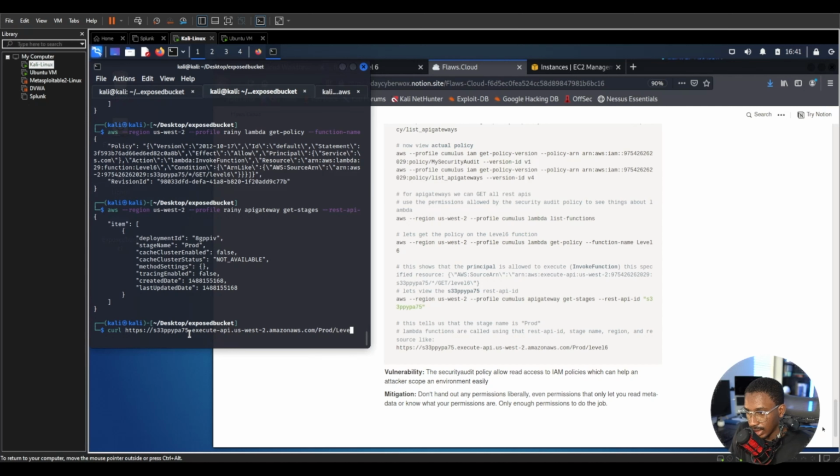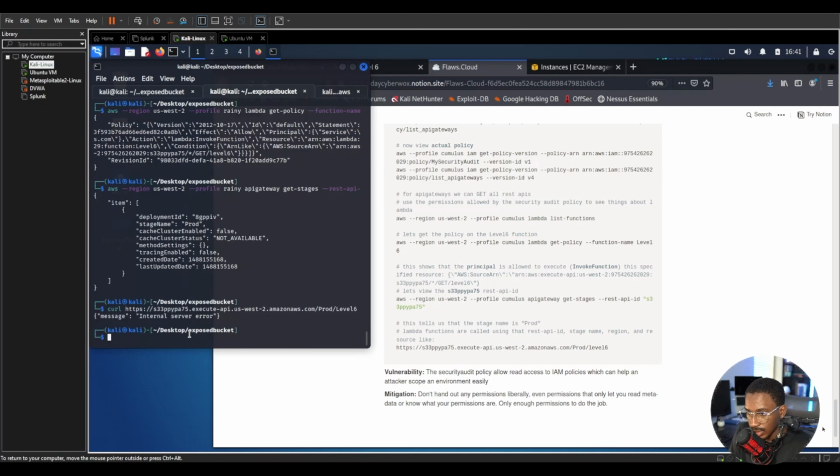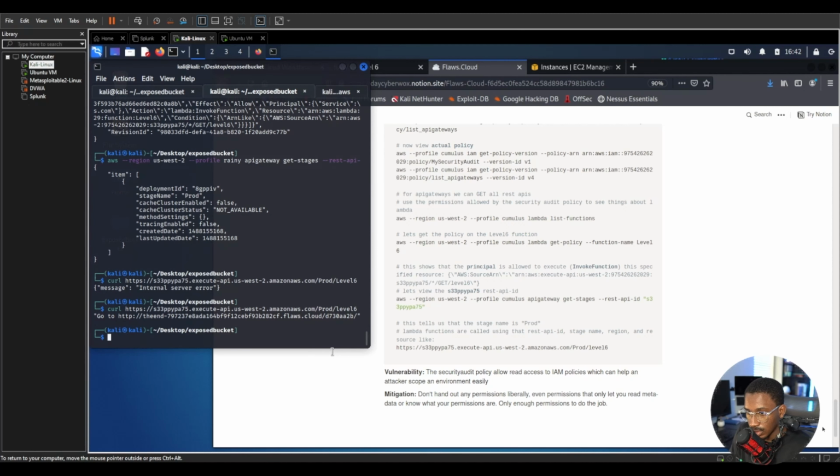So level 6. It's a no server error. Might have spelled something wrong. HTTPS S33PPYPA75.execute-api.us-west-2.amazonaws.com/prod. I think it's supposed to be a lowercase l. All right, so it's telling us to go to this URL. So let's grab that URL